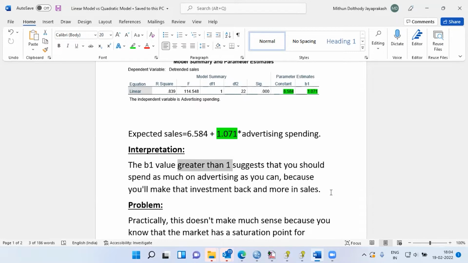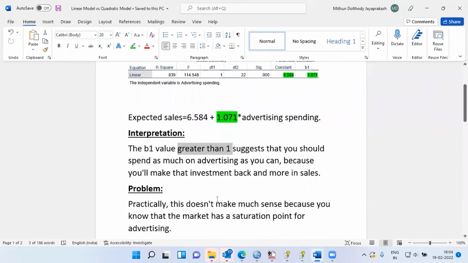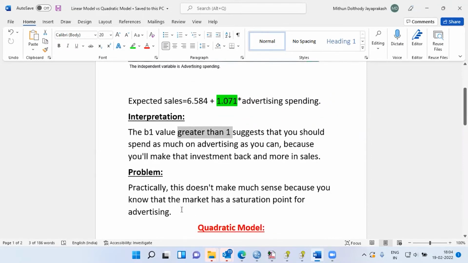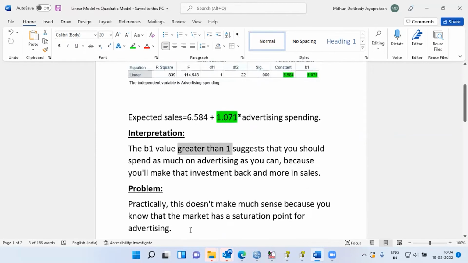This is the big problem with linear regression model, because we know that this is not true from our own real life experience. Because practically speaking, this does not make any sense for us to go on pumping money in advertisement, because we know that the market has a saturation point. This is very, very important, that the market has a saturation point for advertising, implying initially when you advertise for a product,